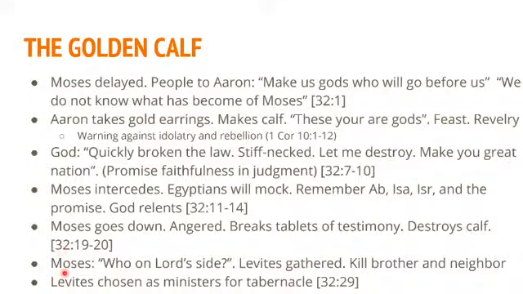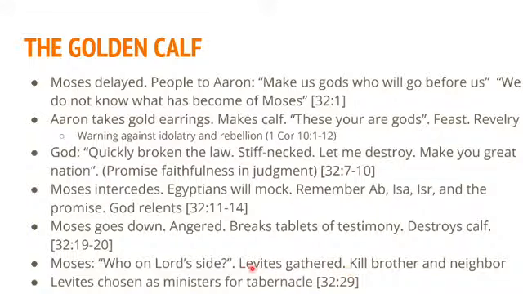And he throws down the stone tablets with the 10 Commandments. He breaks them. And he destroys the golden calf that the people had made, or more specifically, Aaron had made. And then Moses says, who is on the Lord's side? Remember, these people are feting and enjoying themselves. And the Levites, the tribe of Levi, gathered to him and said, yes, we are on the Lord's side, and we are willing to kill anybody who is not on God's side. He says, kill brother and neighbor. In other words, anybody who is continuing in this revelry and worshipping of this false god and not stopping that act, kill them, whether they are your brother or your neighbor. We need to stop this idolatry from taking place.